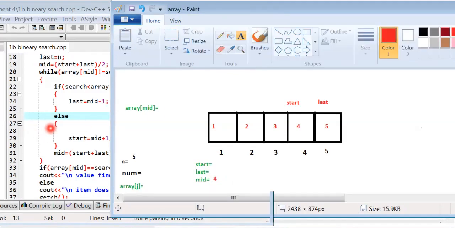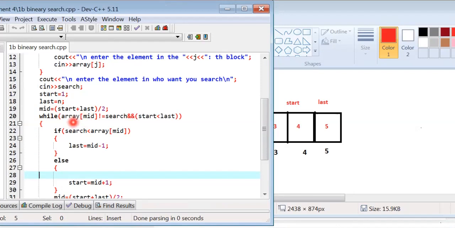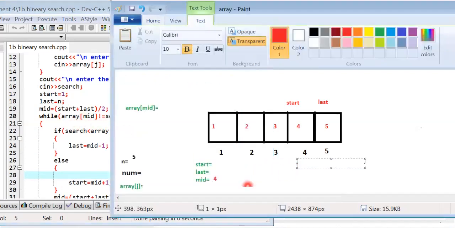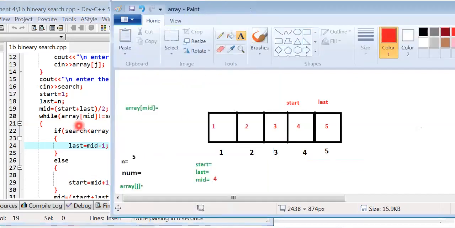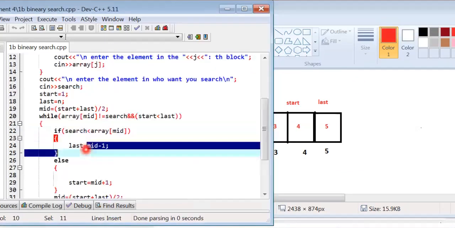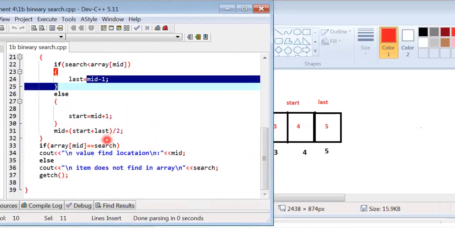The loop executes again and the condition is checked. Array[mid] not equal to search: array[mid] is 4 and the value of search is 4. The condition is false because both values are the same, and the loop is terminated.